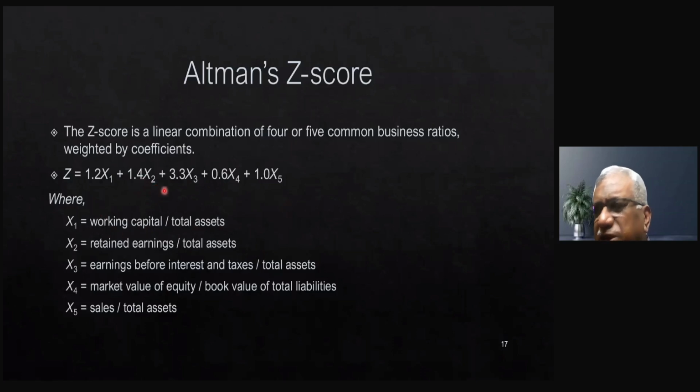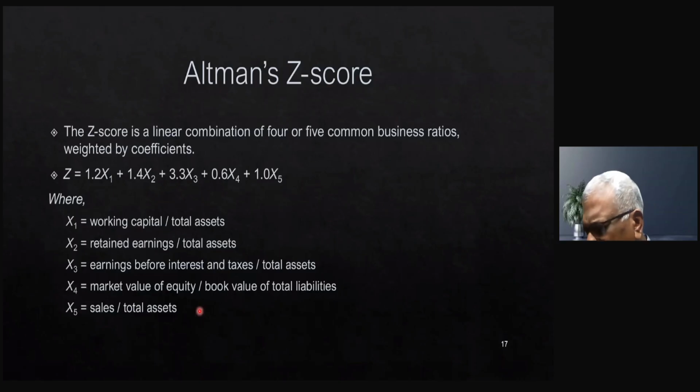Now, what are those X1, X2, X3? It's working capital to total assets, retained earnings to total assets, earnings before interest and taxes to total assets, and so on. I'm just reading it out from the slide. There's no big point in reading it. Anyway, the point is we have some very basic ratios here, but if you notice, they're all different. Working capital is completely different from retained earnings. That is completely different from interest and taxes, and that is completely different from equity, and that from sales to assets. So the researcher has taken these